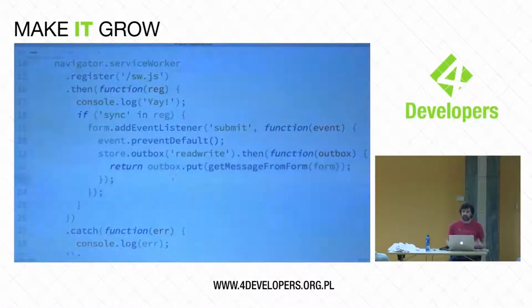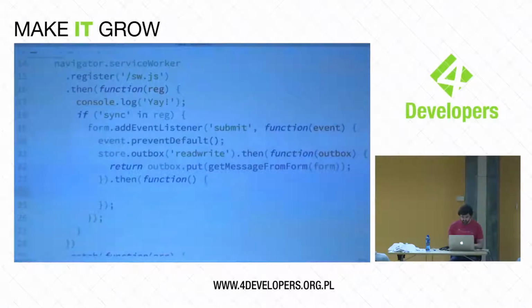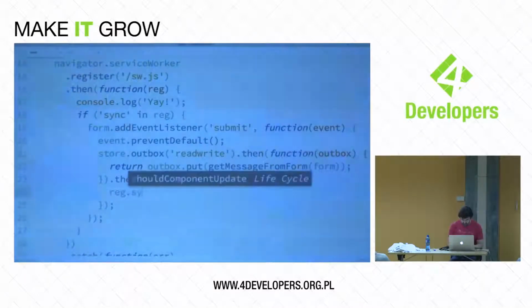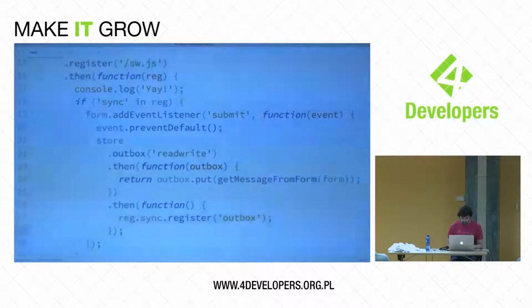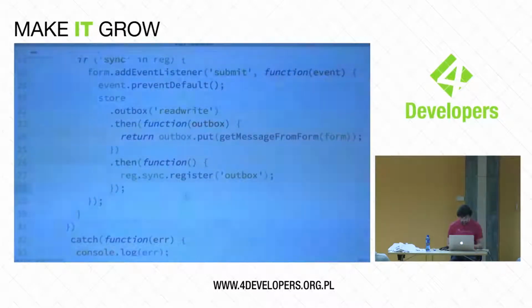So at this point, I'd put the thing in the database. And when that successfully returns, or when that actually returns from the promise, we should be able to then register for our sync event. There's no point in registering if it fails to go in the database. So at this point, I have reg, and I will call sync.register. And I will just call that the outbox tag. Although this is going to be the only sync event in this particular application, so I'm not going to be checking for that later. And that's kind of all we needed there.